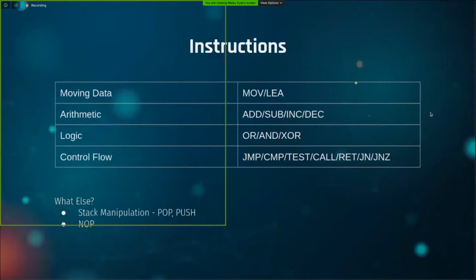Instructions: move, add, or jump. They tell the CPU what to do. Like if you have an instruction of move EAX, EBX, or move 2 into EAX, what would it do? It would just move the value 2, or whatever you have specified, into the destination. Same way add. These are the instructions. You tell the CPU what to do next with these instructions. Yeah, you can manage the control flow.